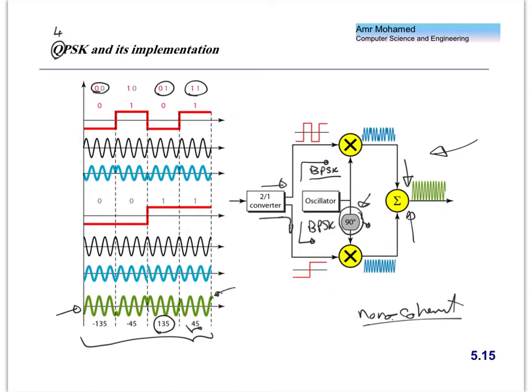So this is quadrature phase shift keying. If you want to do it this way, then you have to do a 45 degree phase shift here, and minus 45 degrees here. That's the main difference. So you have a slight change in the implementation to have the 4 symbols arranged in the way that you are describing here.